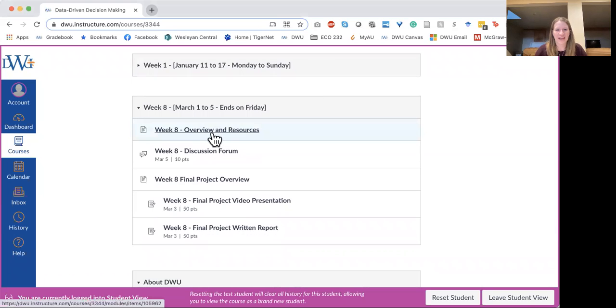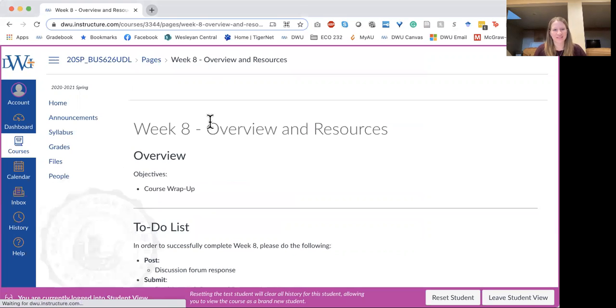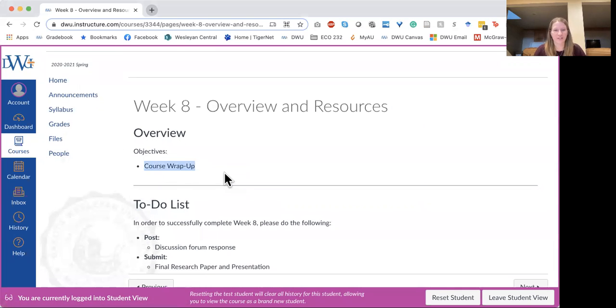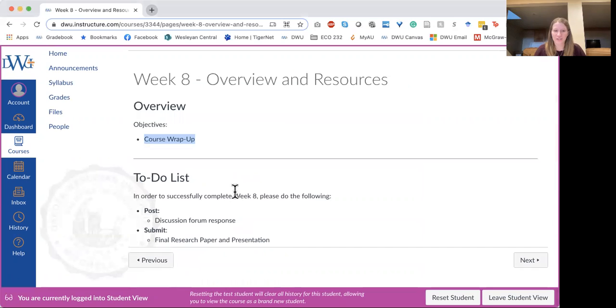This is a short week and it's simply about wrapping up the course. So if you've looked at the overview and resources, our objectives are just a course wrap up. You've got 2 things to do this week: post in the discussion forum and then submit your final research paper